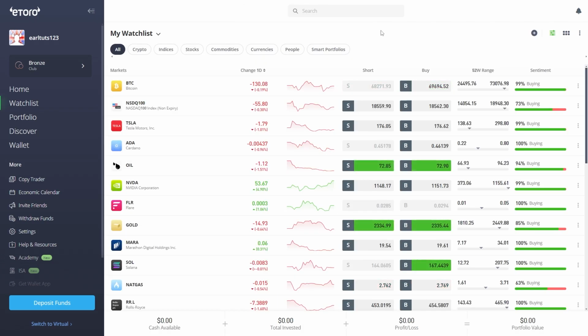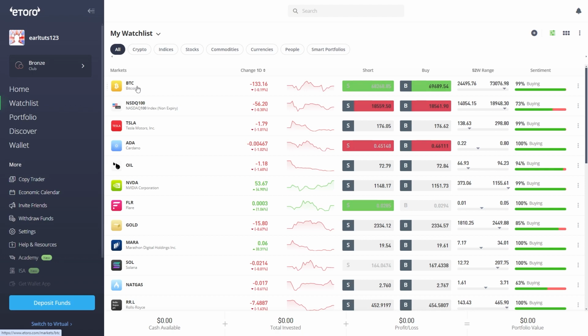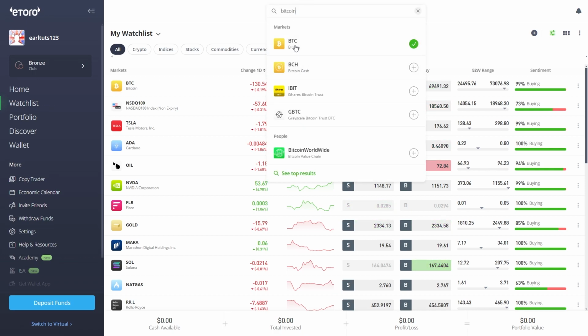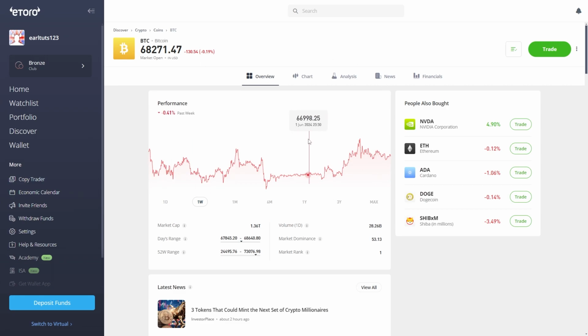So how do we actually go about buying things on eToro? Well, first, I recommend you head over to the watch list, and you can either search for something at the top here, or you can find it on this list. So let's just say we wanted to trade Bitcoin. I can either select it from here, or I can type in Bitcoin. From there, I can select Bitcoin, and it will then take us to this page where we can see